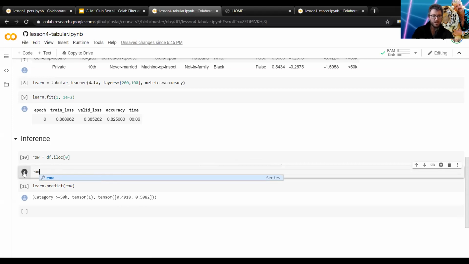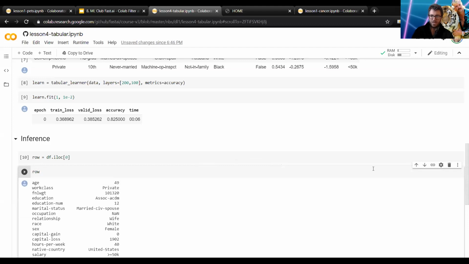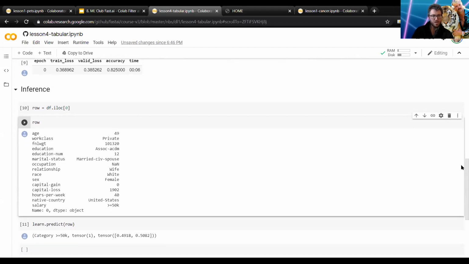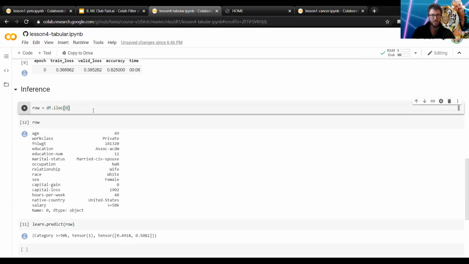We can just do that. So we can see what the row contains. It's married civil spouse, it's a wife, a white female from the United States. And the salary for her is actually over 50K because we didn't supply it with that data. It couldn't infer based on the data very clearly what the outcome would be, whether our salary would be above or below it. So let's see if we can get someone who's a little bit more